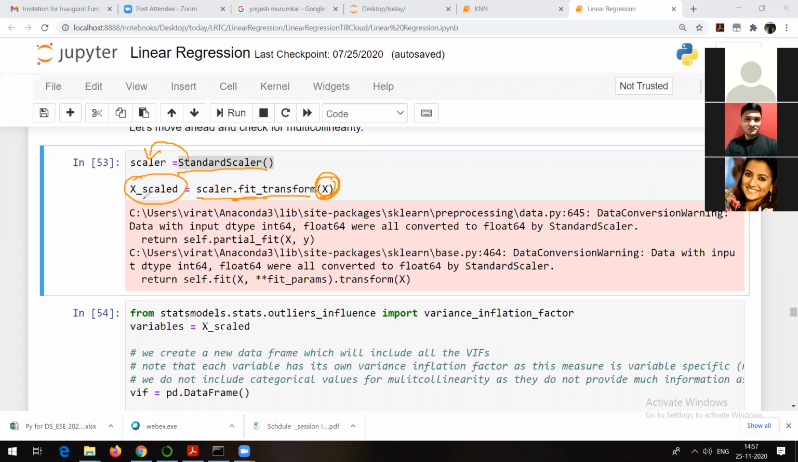If you want to see how it looks, it will be just numbers. It is not going to make much sense to you. It is just numbers, but numbers in such a way that the difference between all the values will be very, very small. That's what scaling the data is. Once you scale the data, the next step is to check